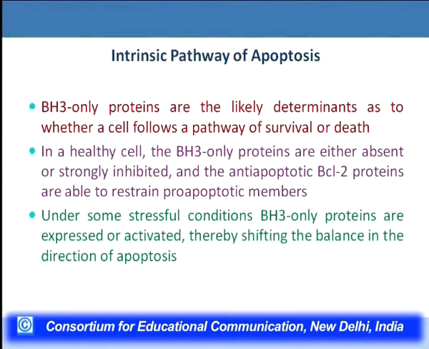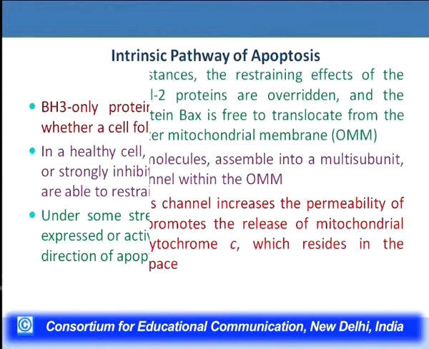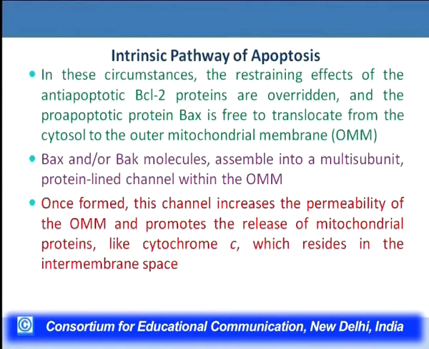Now in the healthy cell, the BH3 proteins are not produced to a great extent, or they are not produced at all, but whenever the cell is subjected to specific conditions, then there is production of BH3-only proteins, and they shift the balance towards the death or survival of the cell. Now whenever there is production of BH3-only proteins, the restraining effect of anti-apoptotic BCL2 proteins is overridden, and this leads to activation of the pro-apoptotic proteins like BAX, and these BAX proteins then go and bind to